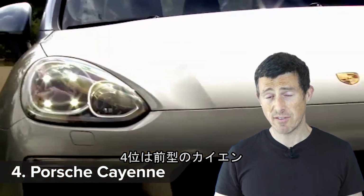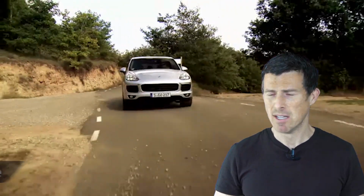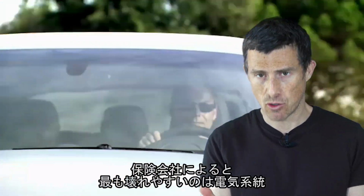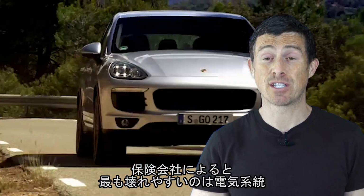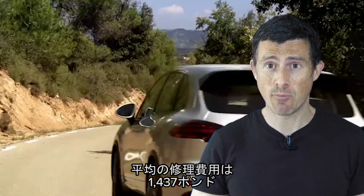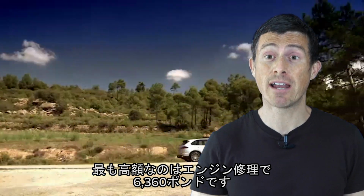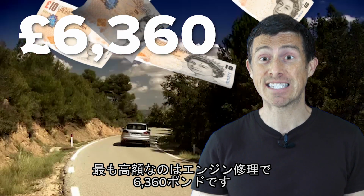At number 4 is the previous generation Porsche Cayenne. So much for Porsches having great build quality, eh? Now the most common problem with these cars, according to Warranty Wise, is their electrical system, and the average cost per claim worked out to £1,437, though the biggest payout on a Porsche Cayenne was for £6,360, and that was